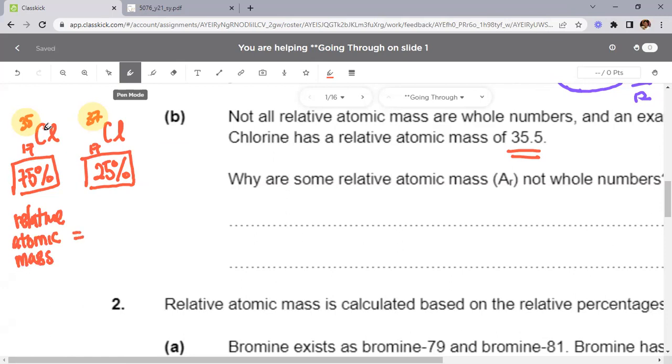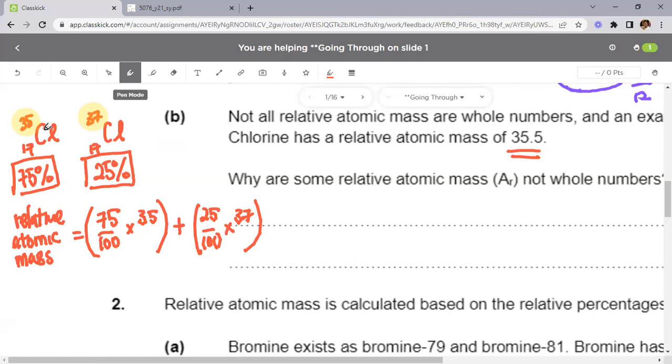You use 75 over 100 of chlorine-35, so you take 75 over 100 times 35. Then you add 25% of chlorine-37. I say again, you take 75% multiplied by the mass of chlorine-35, which is 35. Next, you're going to